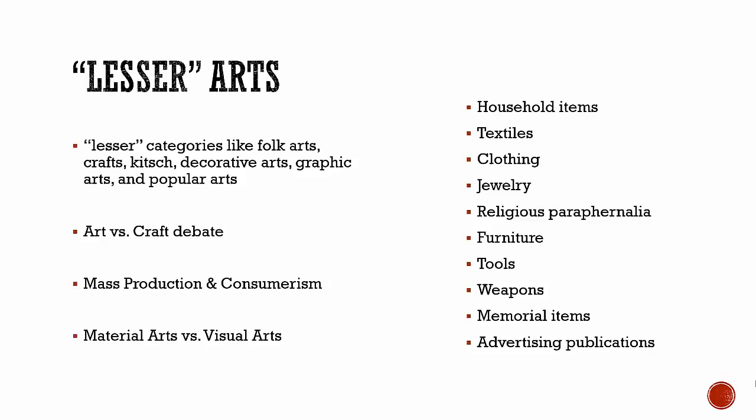Like material culture, material arts has also developed as a kind of catch-all aesthetic category for cultural products that have aesthetic significance but are not easily lumped into one of the more standardized categories like painting, literature, dance, or film. Material artworks can include household items like bowls, jars, plates, and baskets, textiles like rugs, blankets, and needlework, clothing, jewelry, religious icons and paraphernalia like rosaries, furniture, tools, weapons, memorial items, and gravestones, as well as advertising publications like pamphlets,